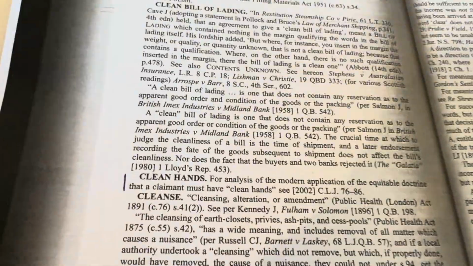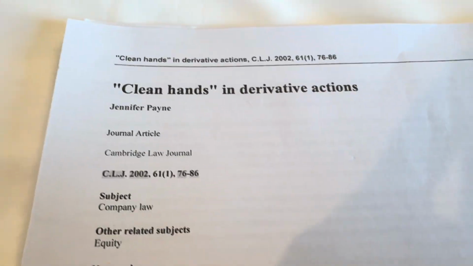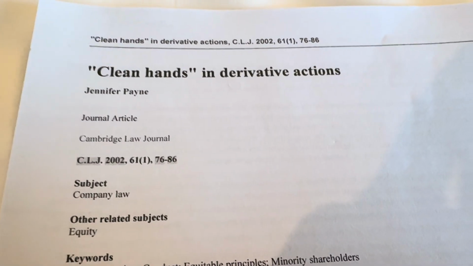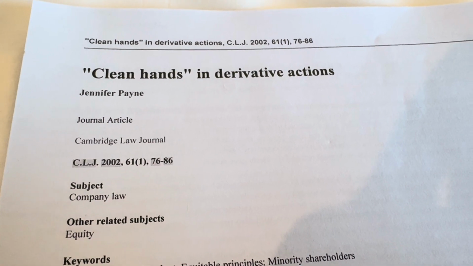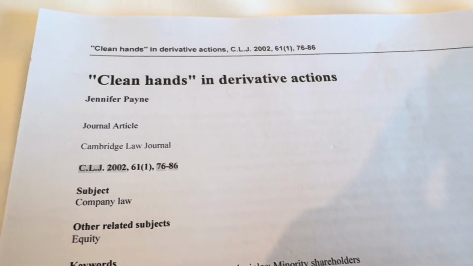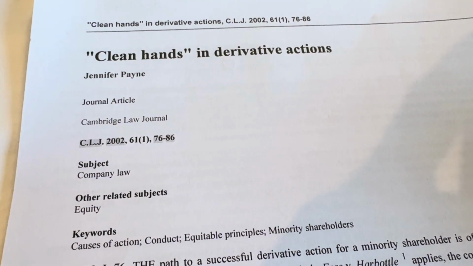All right, so I have a copy of that case. I can't show you the whole thing because it is copyright, but I can show you the title and I can show you things in it. So here it is, Clean Hands in Derivative Actions, CLJ 2002. So you saw the reference. There's the reference up the top and there's the reference in the start of the journal,